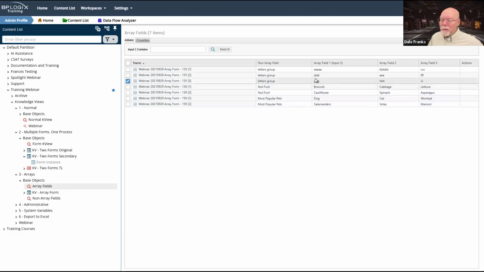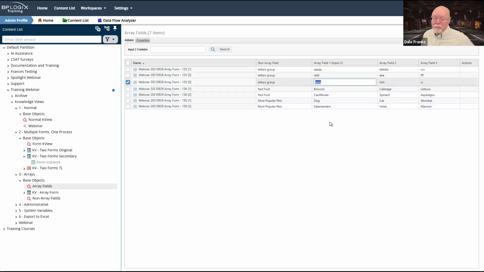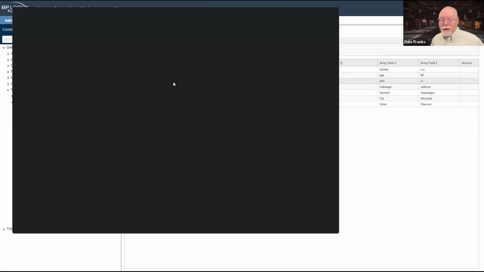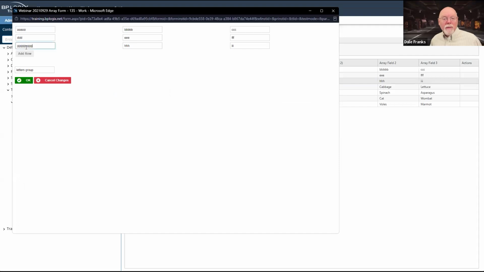But notice I have the ability to change my values in either the non-array or the array fields. And the only reason that I can do this, and let's just open our form just to see that I did in fact change the value,